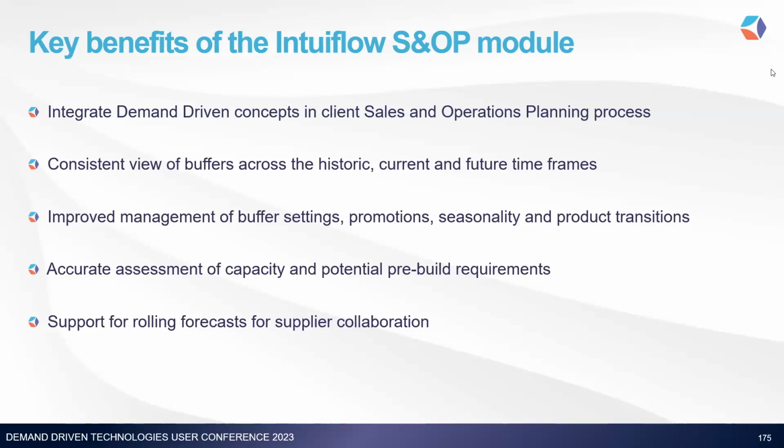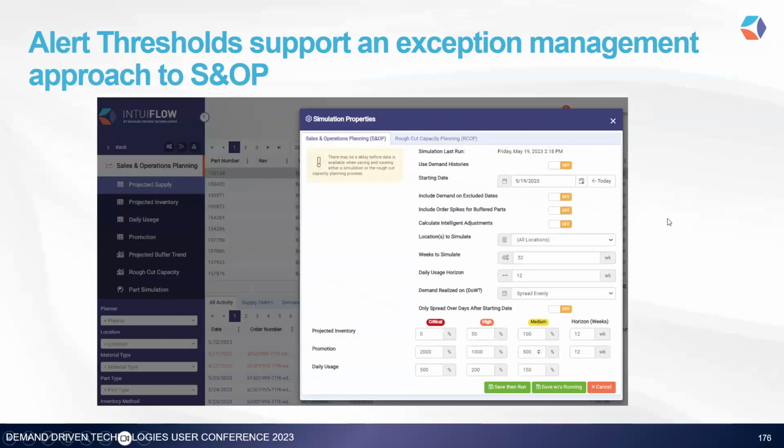that came out of different environments and different situations. So now, the idea here is that we want to take this idea of exception management. It's hard to see on the screen, but we're going to create some projected reports: your projected supply, projected inventory, and what we call a promotional report. Two of those really have a lot of merit for you, because if you can see where you're going to have potential inventory disruptions or ruptures,